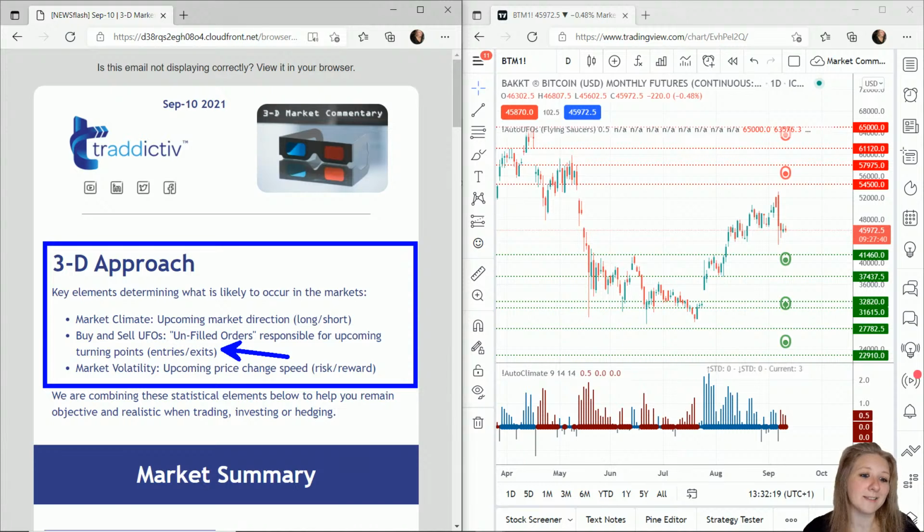Then we have buy and sell UFOs, unfilled orders. This helps us figure out exactly where to buy and sell. Now why is that important? Because we want to know where the buyers are. Because if price is going to go up, it's going to go up because there's more buyers than sellers. That's the only reason price can go up. So to know where big stacks of buyers are gives us more probability that price goes up from there. So we would expect that if price were to hit the stack of buy orders, it would go up from there. And again, we have the prices on the right hand side